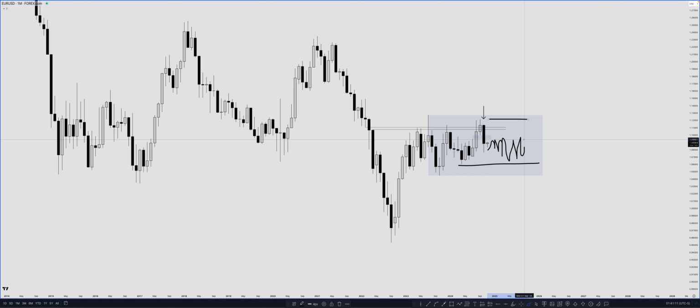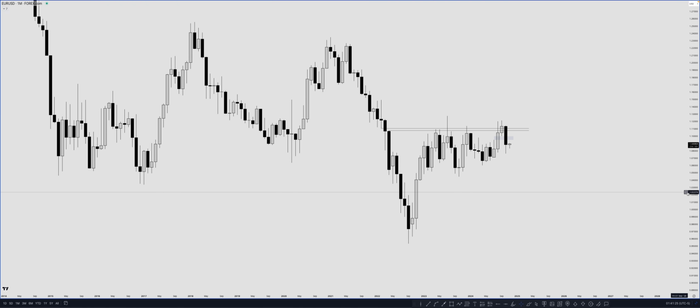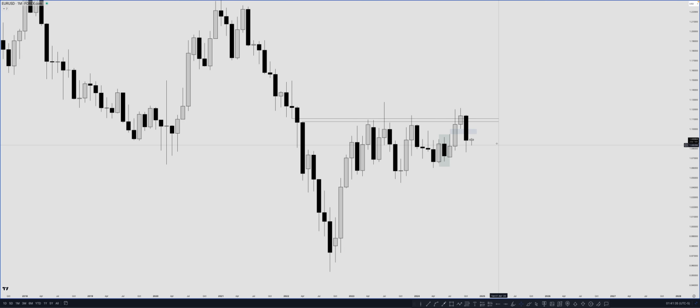Because remember, we have elections this week. So I wouldn't be surprised if you would see some fireworks from the market. There should be at least some reaction to it. So that's that. Now regarding this order block that we talked about right here, one thing that I want you